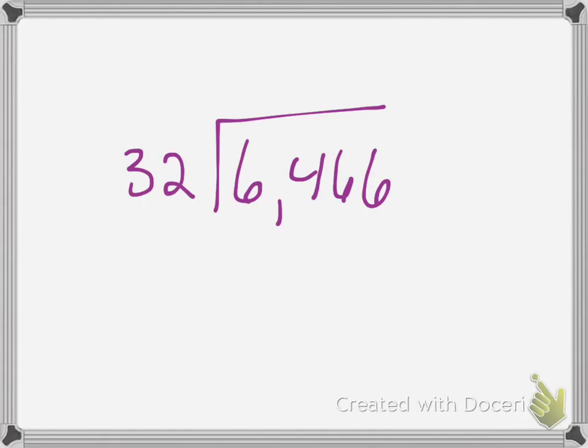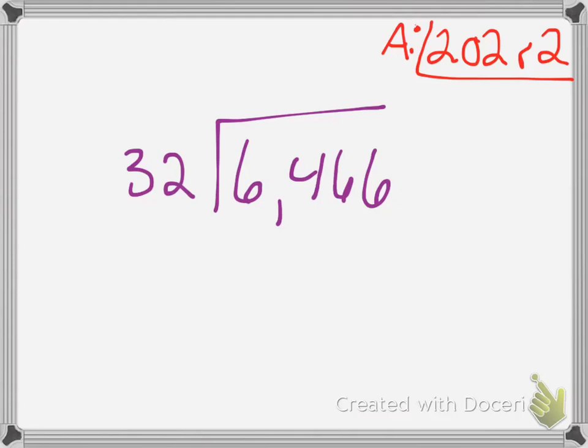All right, here's your last division problem. 6,466 divided by 32. Pause and solve. All right, ladies and gentlemen, you can see here that your answer is 202 with the remainder of 2. So let's see how we got there. Since I have that 2-digit divisor, I'm going to look at the first 2 digits in my dividend. 32